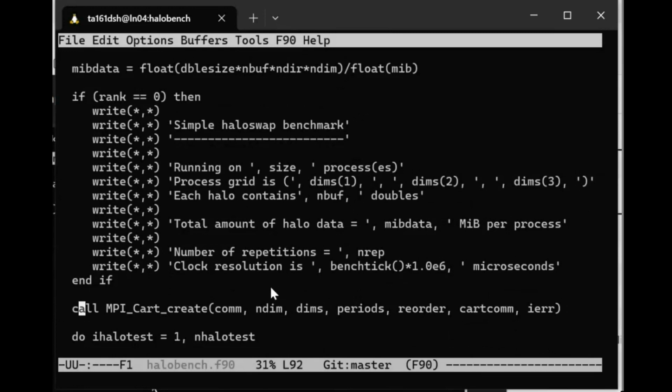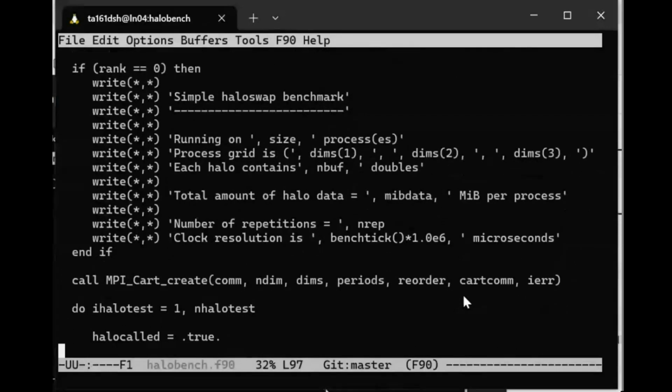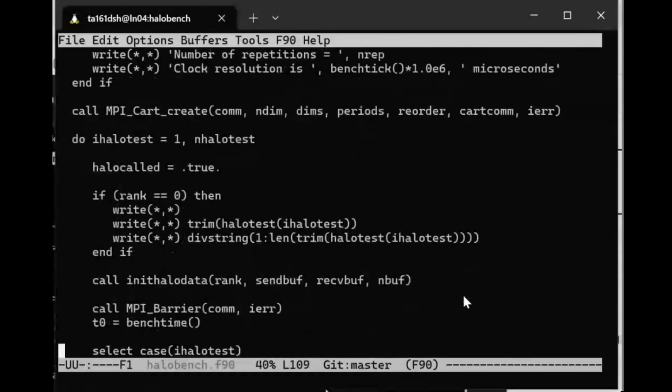You get out a Cartesian communicator, which has the same processes as MPI comm world, but the processes are now arranged in a 3D grid. Having done that, you can ask MPI, who are my neighbors up, down, left, and right? And that's done with a routine called,